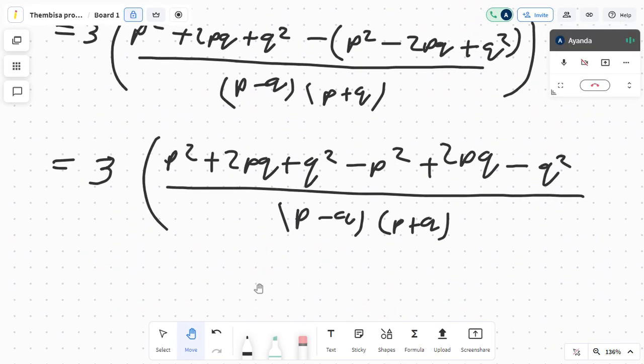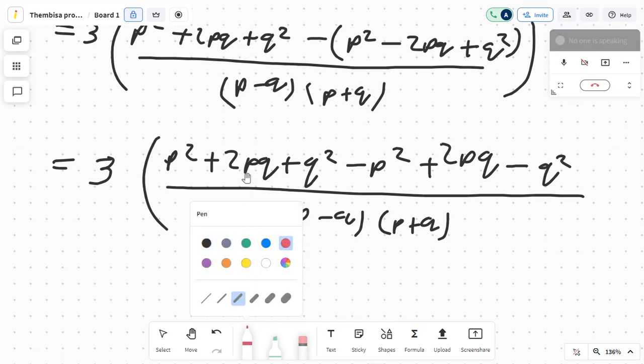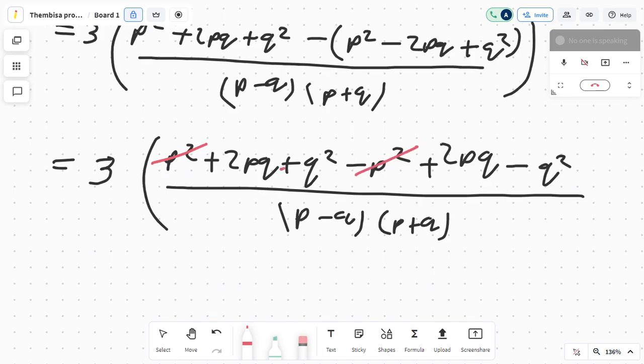Now p² − p² will cancel each other out. q² − q² cancel each other out. And we're left with 2pq + 2pq, all of that multiplied by 3. So 2pq + 2pq is going to give us